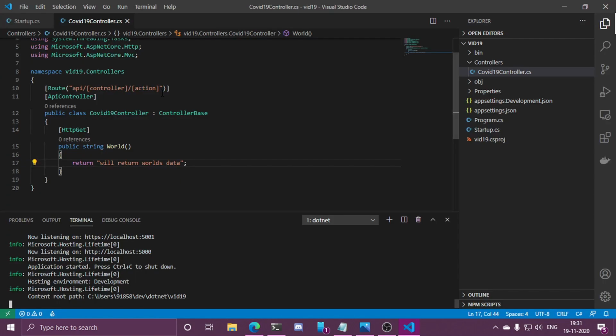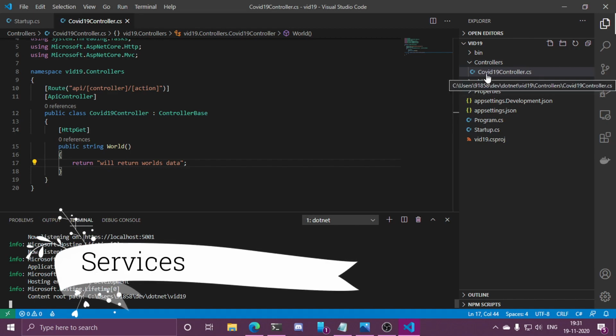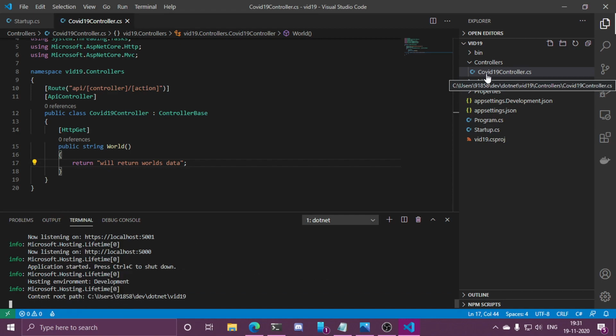So now I am going to introduce one more concept to you guys, and that is the concept of services. So controllers basically are responsible for taking in the request and handing it over to the services. So services are the parts where you actually write the business logic.